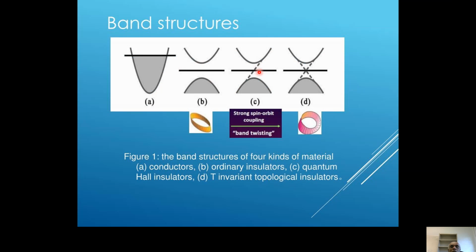So here's another picture. You can go from the standard band structure. Now let's look at what we call the band twisting model. If you have some band, this is the untwisted one. You have this filled valence band and empty conduction band. Now if you have some spin orbit coupling, this band gets a little bit twisted. Then you have this one directional conduction situation. Now if you twist it more, then you have both ends. So this becomes a more conducting topological state.